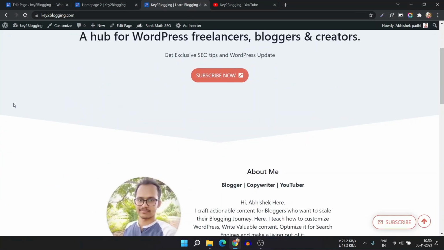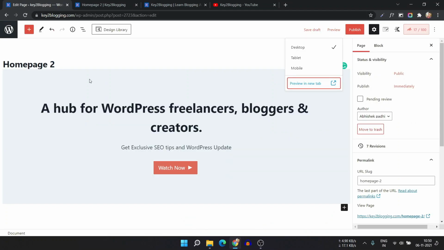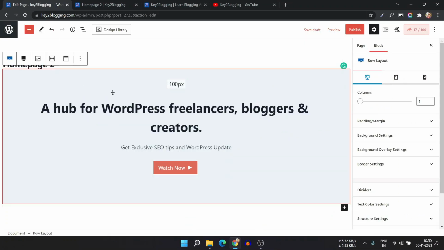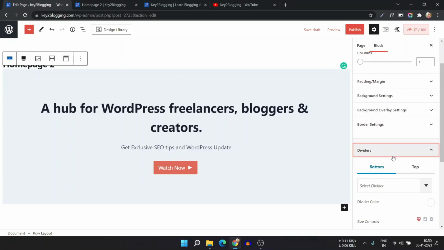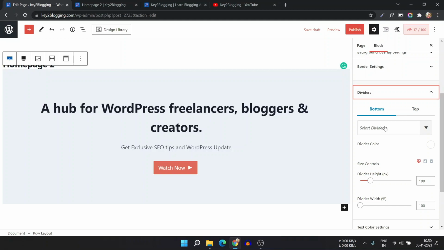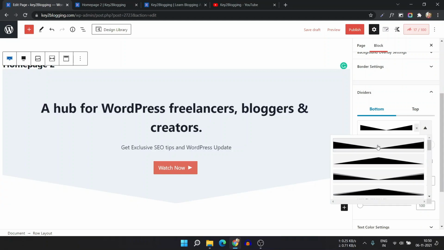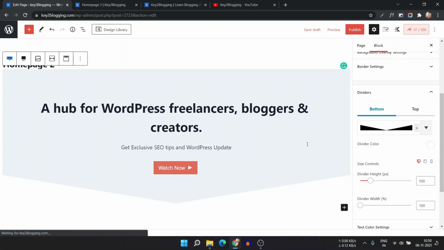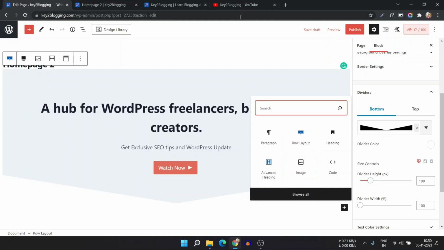So you have to add a separator like this. So for this, you have to go to the editor, and let me just select the whole row layout, and let's click on the divider. So here you can select the divider. So let me just select a divider like this. Now let's click on second row layout,